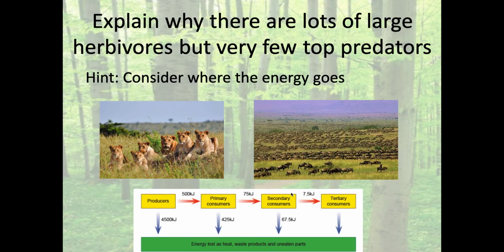So here you have the lions and the wildebeest. The wildebeest, of course, are eaten by the lion, and the wildebeest eats the producer, the grass. And you can see, whilst this isn't entirely representative, it does not take this many wildebeest to feed this many lions, but the point is there are a lot more wildebeest than there are lions. And that's because of that small proportion of energy being transferred along the chain. So your grass being eaten by your wildebeest being eaten by your lion.